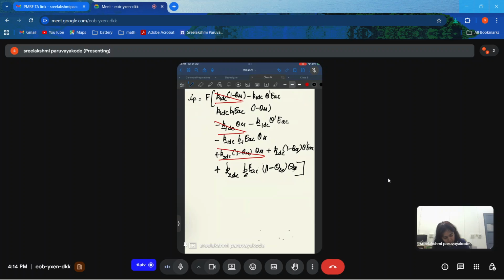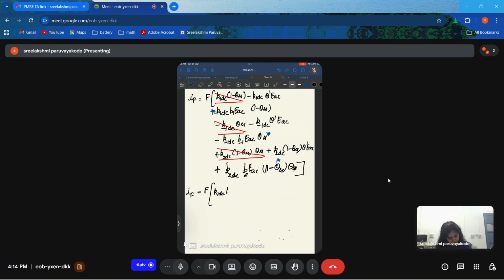So, you will get something like IF equal to F into, I'm going to take out the terms which have theta SS here. This term has a theta SS. This term has a theta SS. And this term has a theta SS in it. So if I rearrange them, you'll get